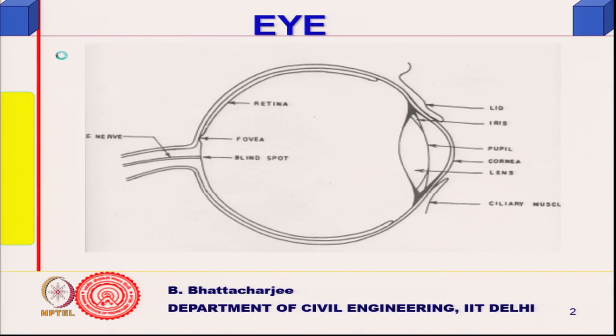This is a transducer. Again, the light energy it converts into electrical signals and then goes to the brain. We'll quickly look into this. We wouldn't go too much into the physiology part of it. So you have an eyelid, iris, pupil, cornea, and the lens. So this is the lens basically, and there are muscles here which can close. You can close or open your eyes, and then through this lens the light passes and it forms an image